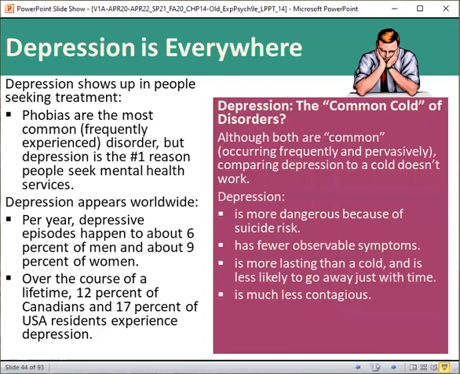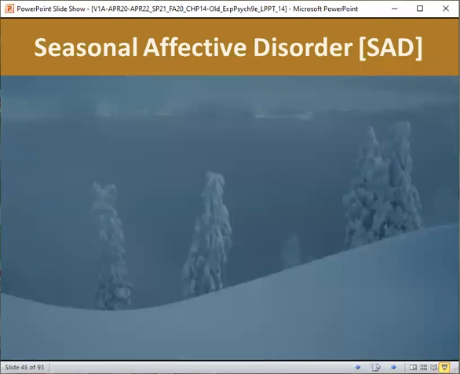It is global. As I stated earlier, schizophrenia and depression seem to be around the world, unlike those culturally bound syndromes that we saw earlier. So depression is something that we see a lot out in our own lives. People most likely are taking some SSRI to manage some sort of depressive situation they may be having. In addition, I want to end by talking about this last slide here about seasonal affective